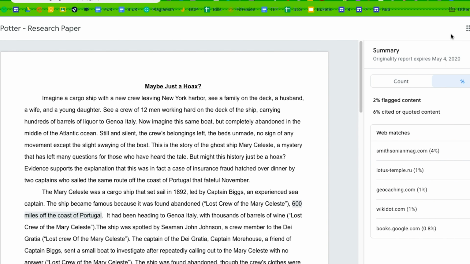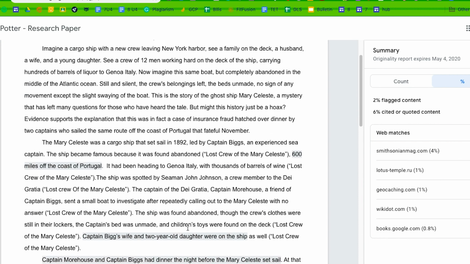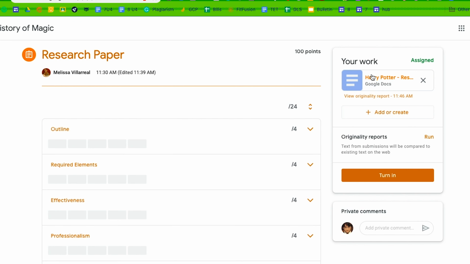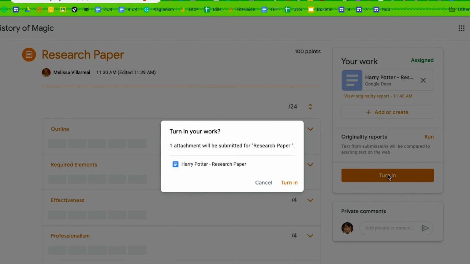This is the student interface. Now, it's not going to show you their originality report until they click Turn In. So this student has some flagged content that they're going to want to go and fix, and it gives them the chance to fix it and run the originality report again before you see that. So now, as my student, I'm going to turn in this paper,